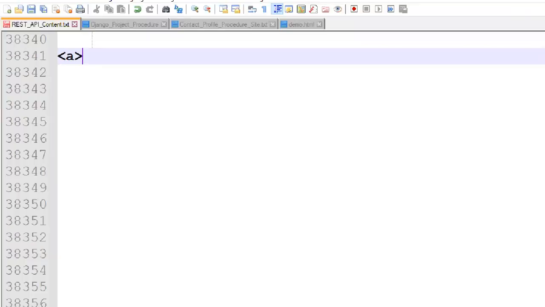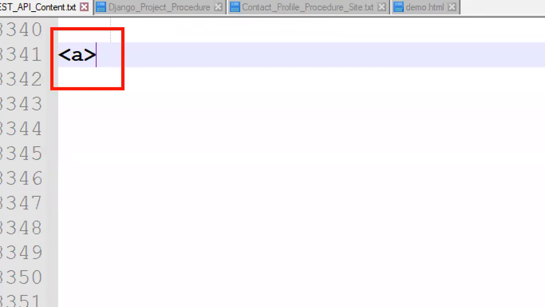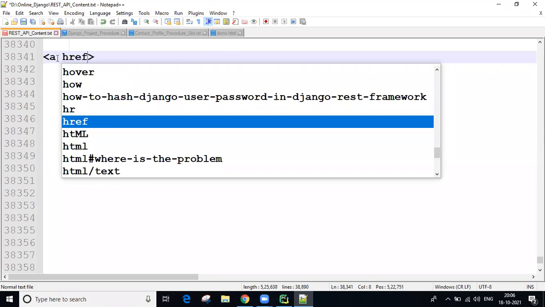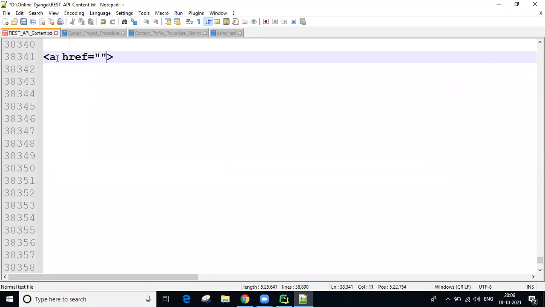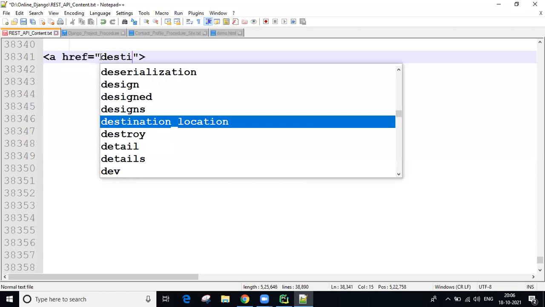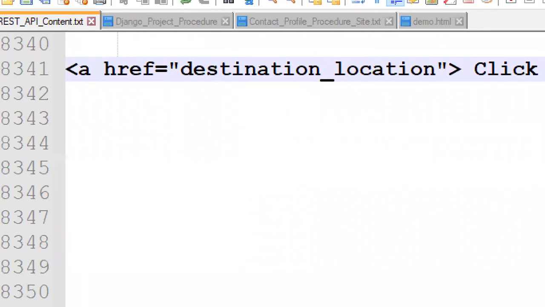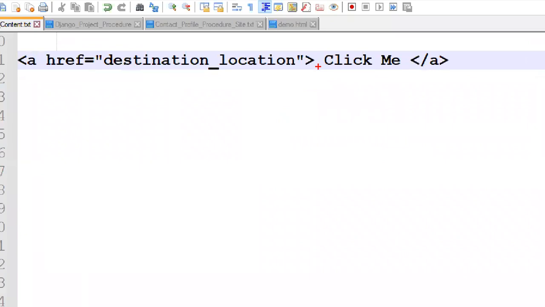This is the tag, guys, the a tag. It stands for anchor. So the a tag is followed by href, which we are using. This is the attribute. Href means hypertext reference, guys. In this reference, we give the destination location, where you want to go after clicking the link. So this is click me like content, guys. The user can see this link, this content. The display content is this one.